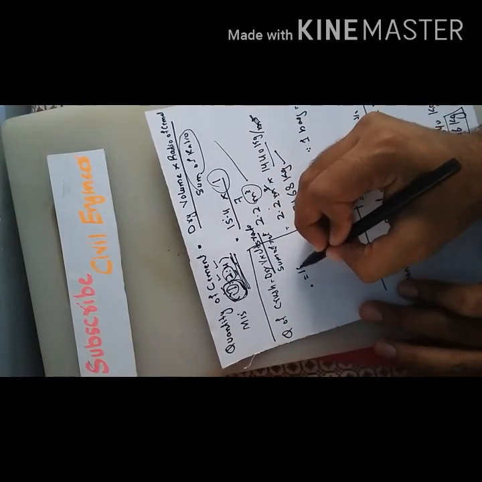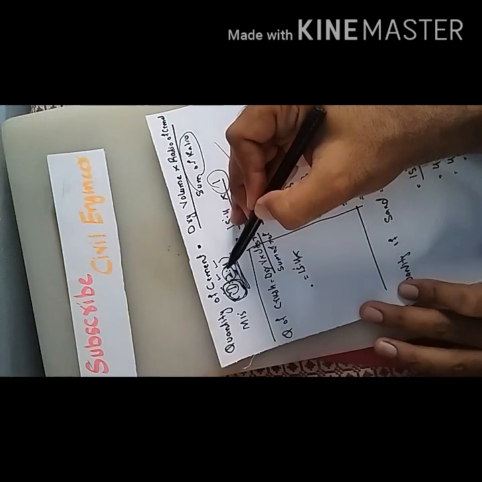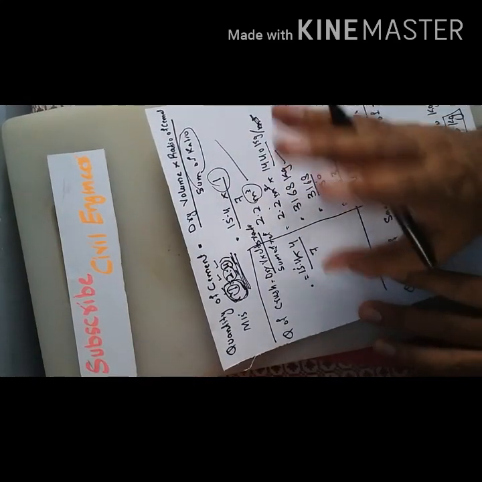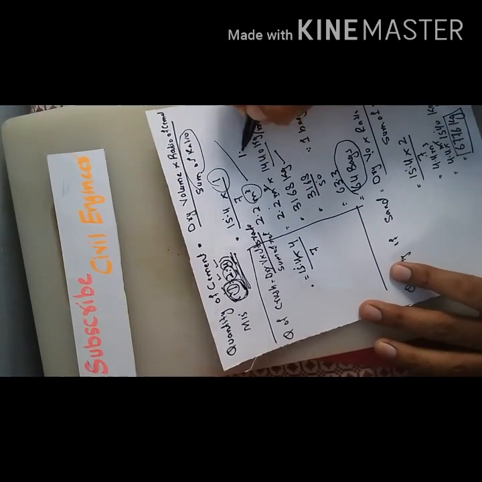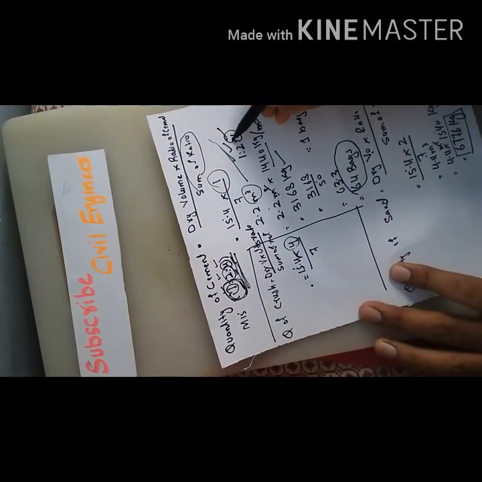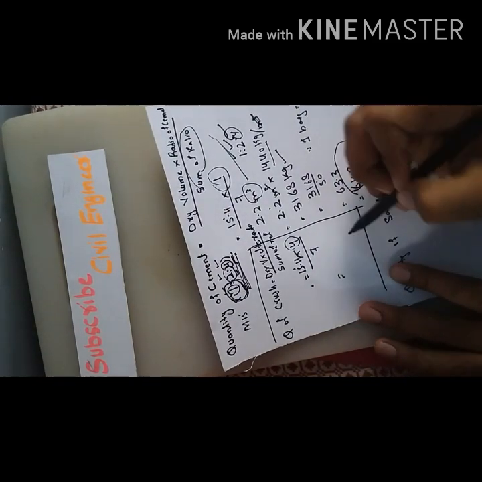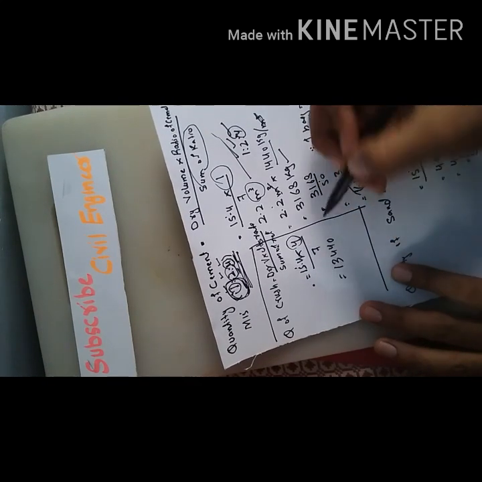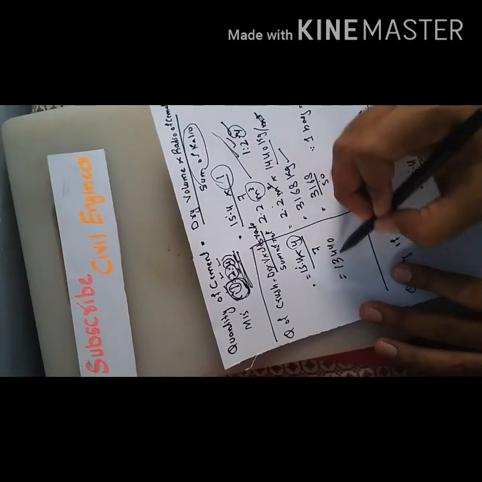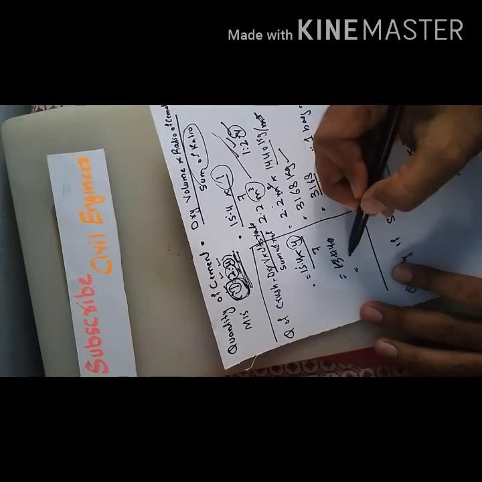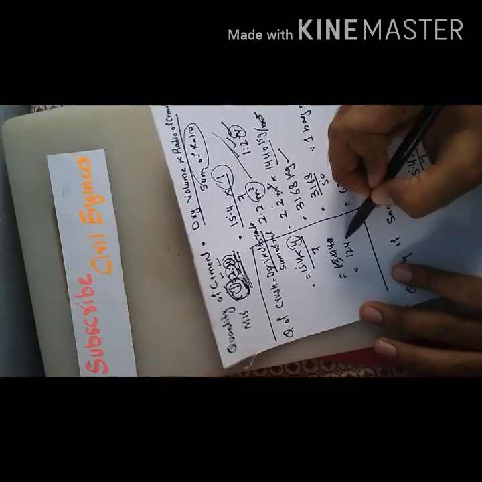So dry volume was 15.4 and ratio of coarse aggregate is 4 divided by sum of ratio is 7. Don't confuse in ratios. You have ratio 1, ratio 2, ratio 4. It is ratio of cement, sand and aggregate. I am working for aggregate, so I will put ratio of aggregate. Then we will calculate it, and it will come like 13440. I think it will come 12.4, I think, cubic meter.